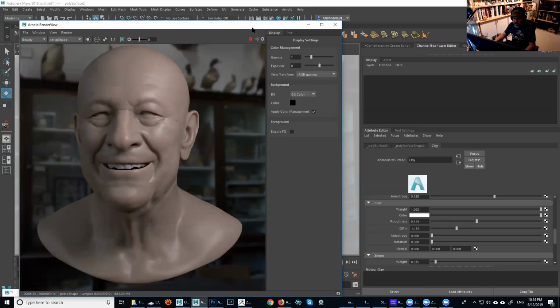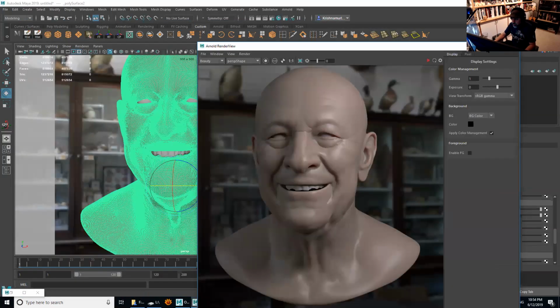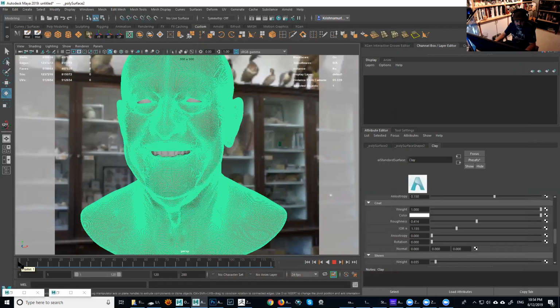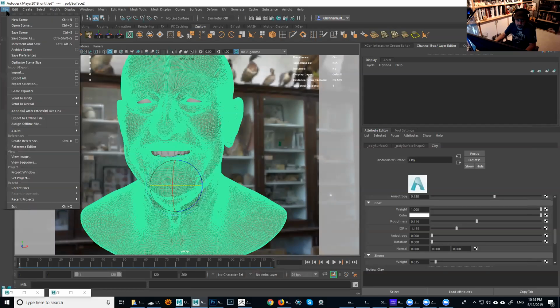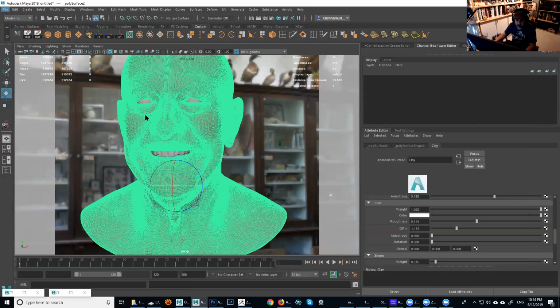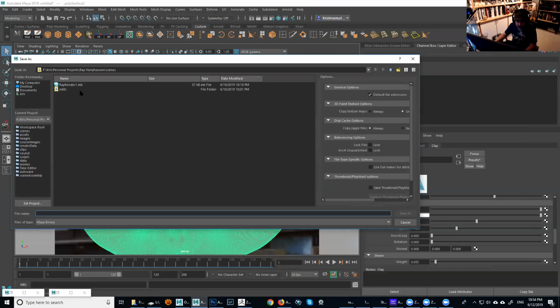So I'm gonna save the scene in here so we have everything in place. And I'm gonna show you how to get those multiple renders out as well. So save file. It's gonna be the first one here. Actually, I have Ray render 1. Let's do that. Let's put render HDRI 1. And that's gonna be the first.